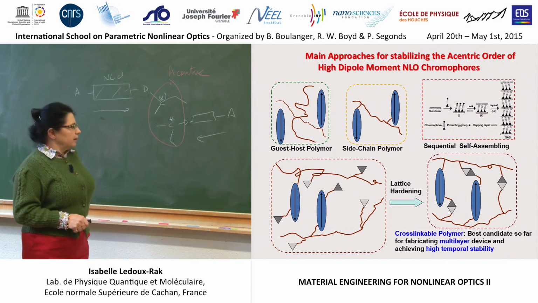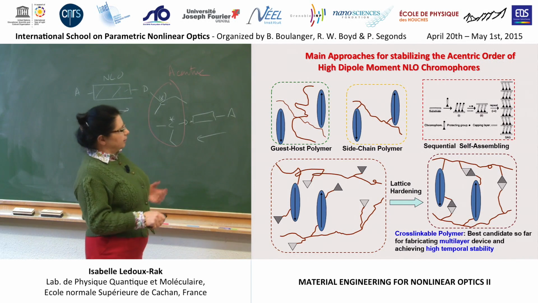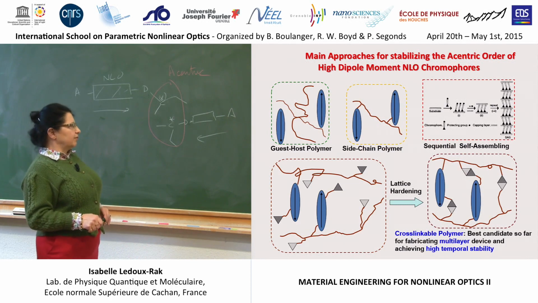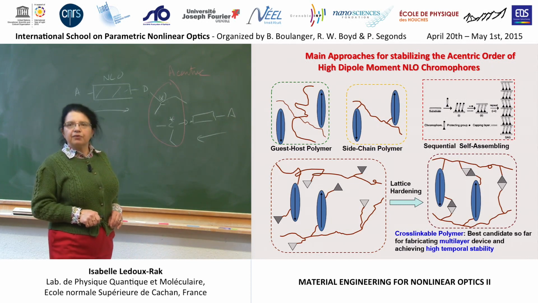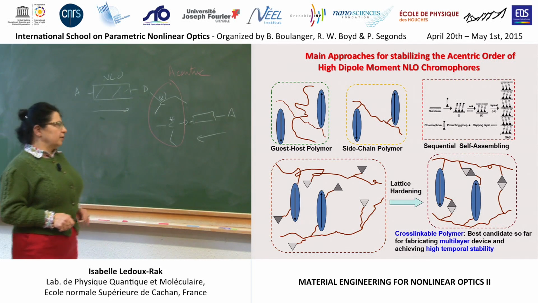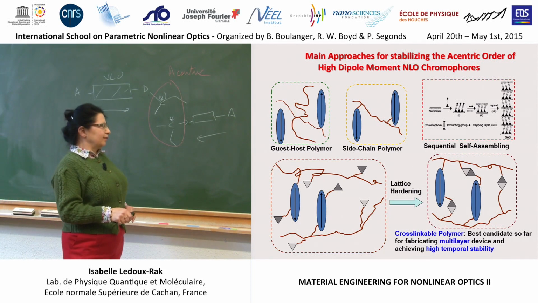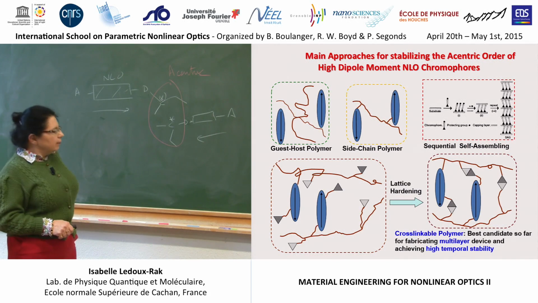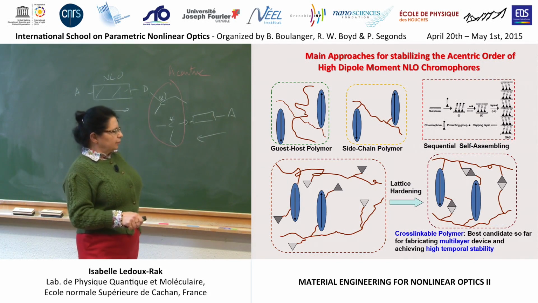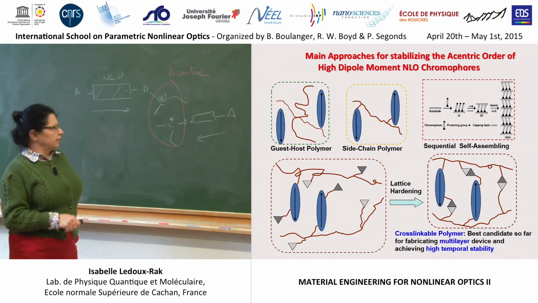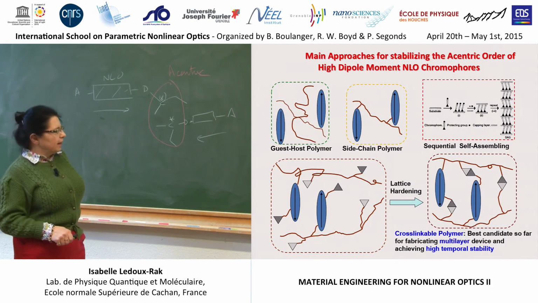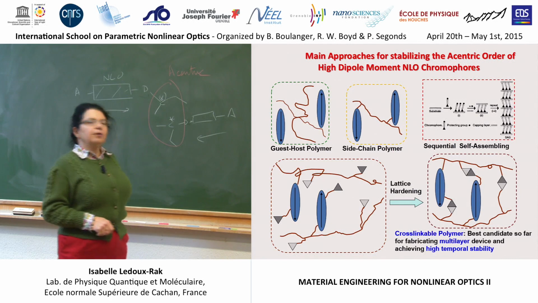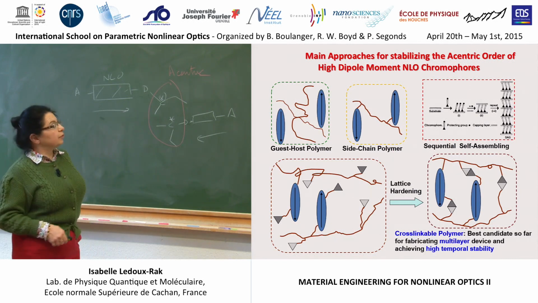So we have to find a way to heat the matrix, the system, to orient the molecule, and to trigger the reaction of attachment after the orientational step. So it can be done thermally if the kinetics of this reaction of attachment is weaker than the kinetics of orientation. It can also be done by photoactivation of the reaction after orientation. These are named cross-linkable polymers, which are supposed to be the best candidate to have high stability in terms of orientation.